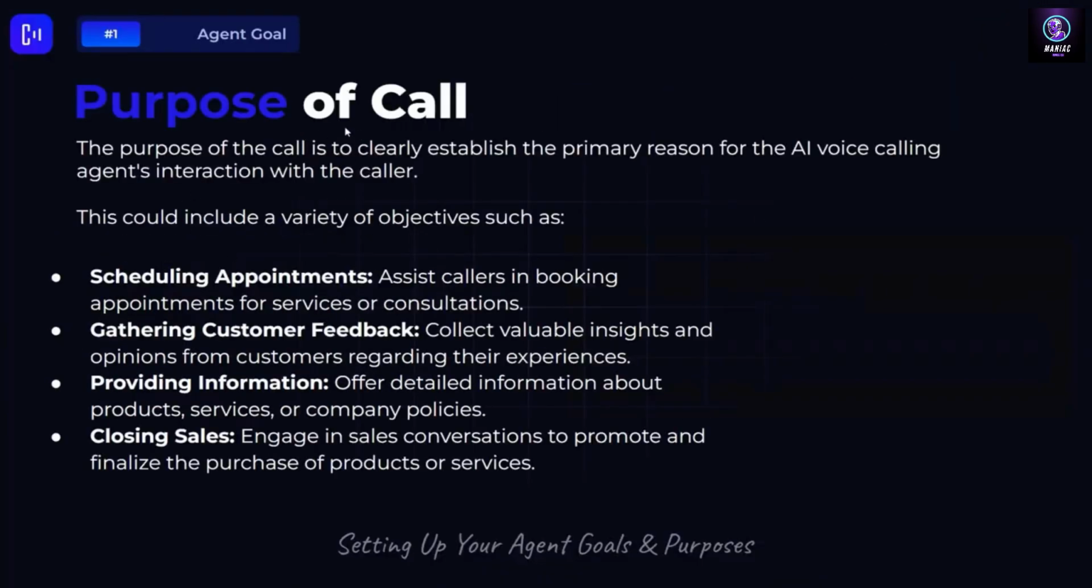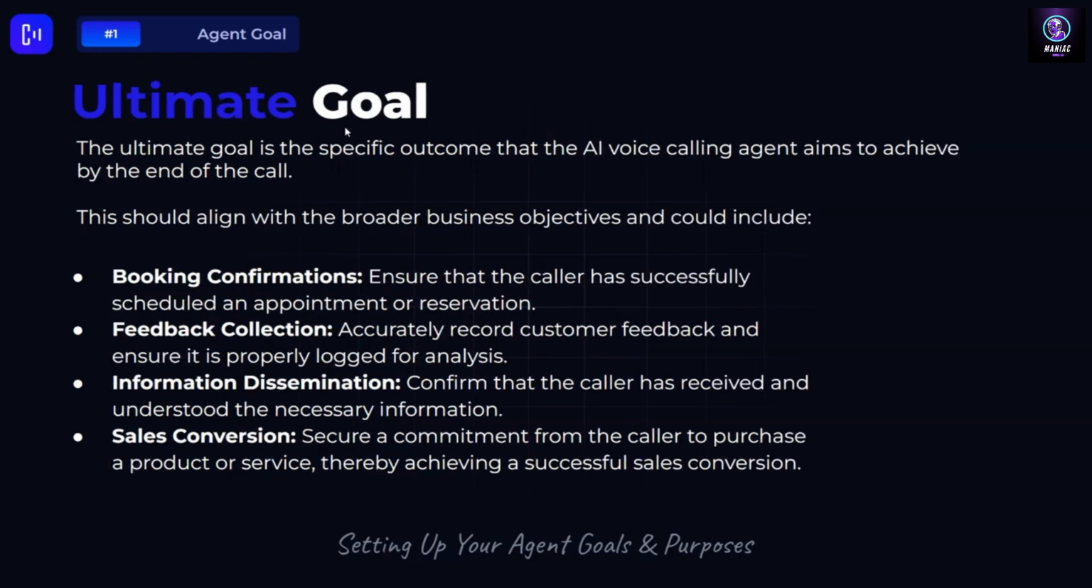So again, let's go deep dive into it. The purpose of the call is to clearly establish the primary reason for the AI voice calling agent's interaction with the caller. This could include a variety of objectives such as scheduling appointments, gathering customer feedback, providing information, closing sales. You can engage in sales conversations to promote and finalize the purchase of products and services. Now, the ultimate goal is a specific outcome that the AI voice calling agent aims to achieve by the end